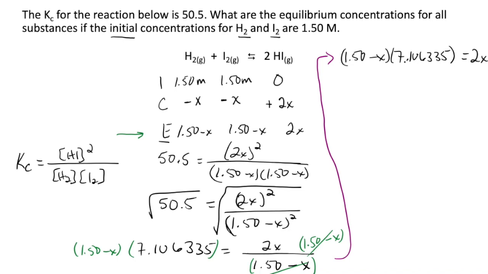Now distributing the 7.106335 to the 1.50, we have 10.6595 minus